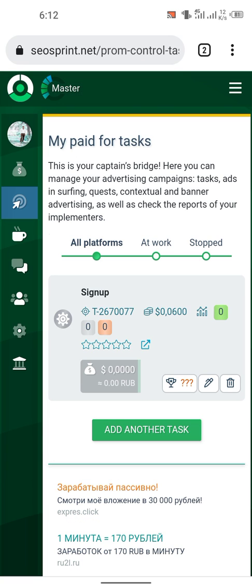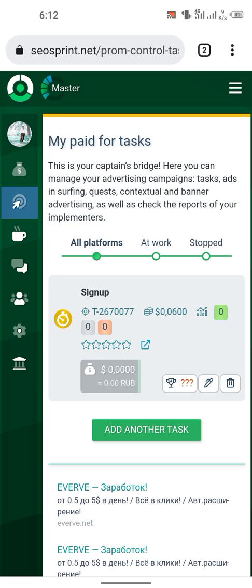After clicking on post, click the gear icon right here. So now the task is submitted to the administration of this website. After the approval of admin, they launch the task and people implement the task.